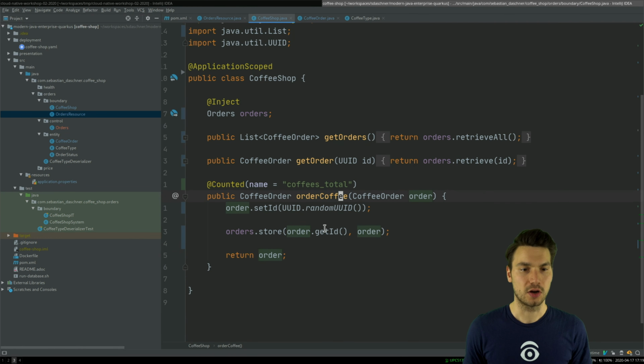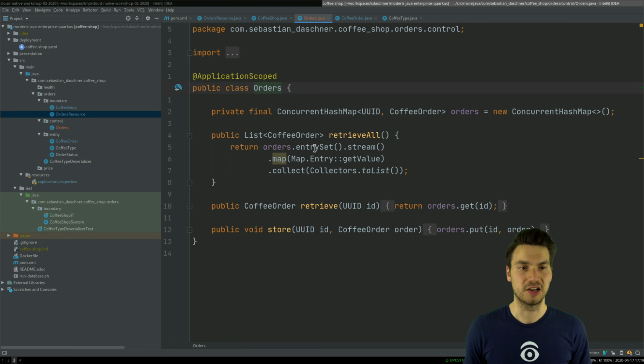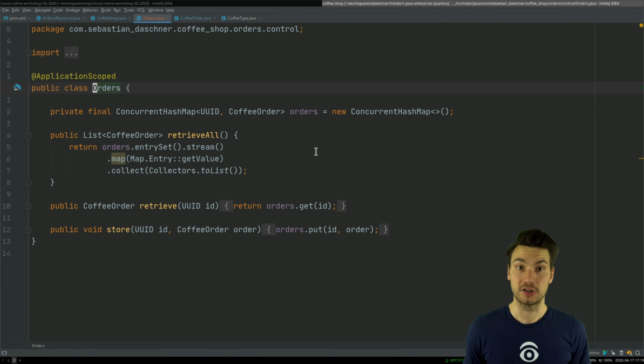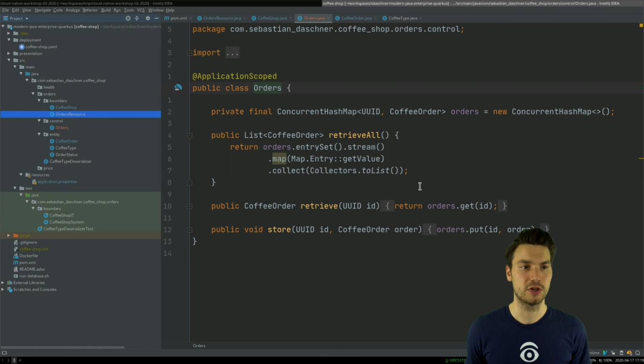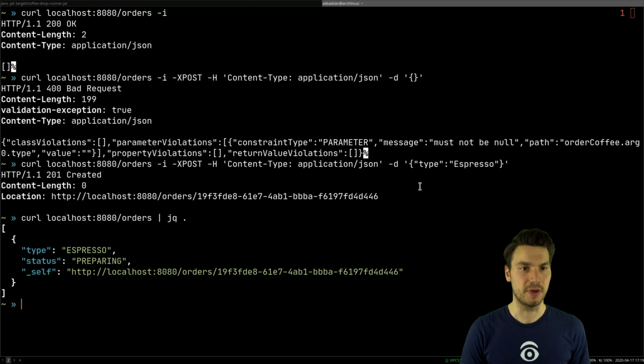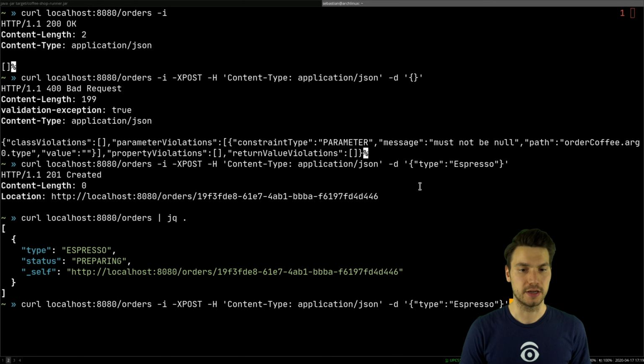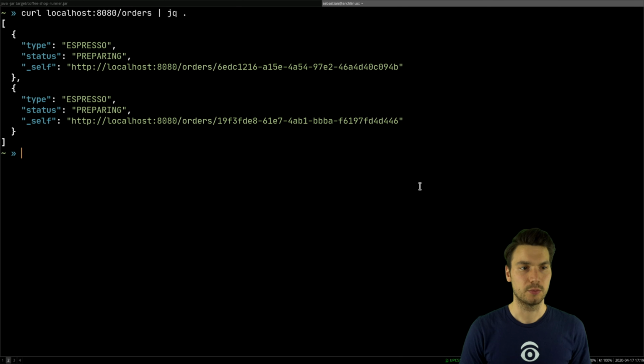So this is going to order some coffee and store the coffees in just, well, a concurrent hash map for now. We're going to change this later on, but basically now we're just storing our coffee orders in memory, and then we can, let's say, create another order, and then we have multiple orders in the system. Okay, but actually now what I want to do, and not just showing you some EE APIs, I actually want